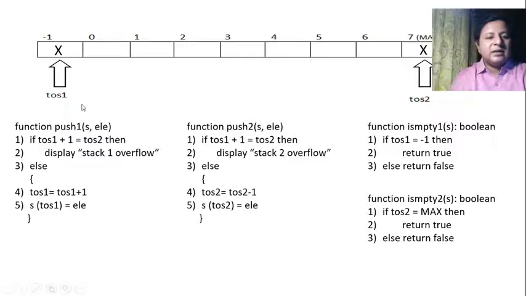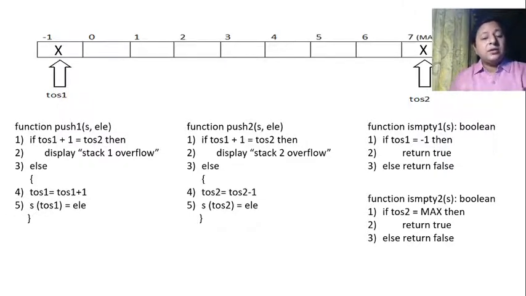So let us have a look at the rough idea about the functions. I already told you, I've neither given you the ADT nor the implementation. I'm giving you the idea because you already have experience of one full-fledged program with you. So taking the idea from this, you're supposed to write a proper ADT by yourself and then convert it into a full-fledged program. Okay. So first, push1.